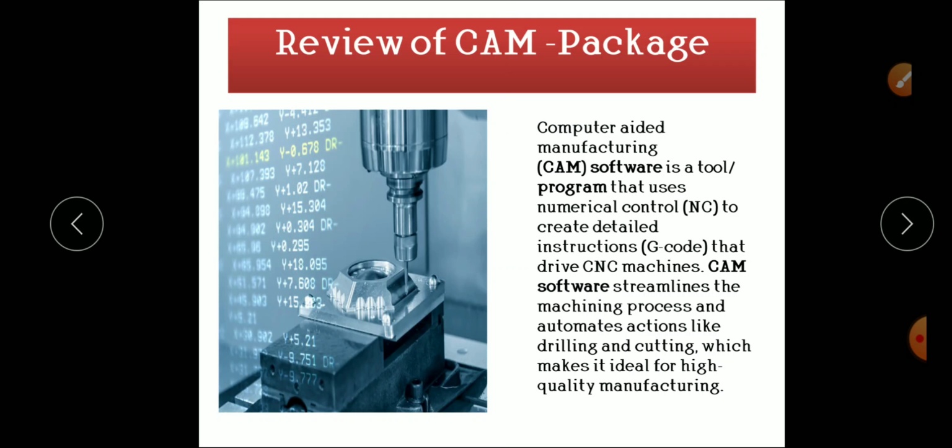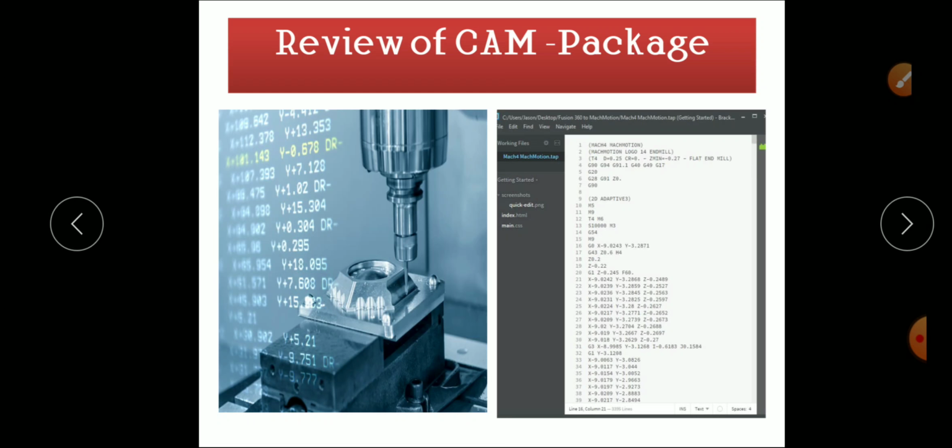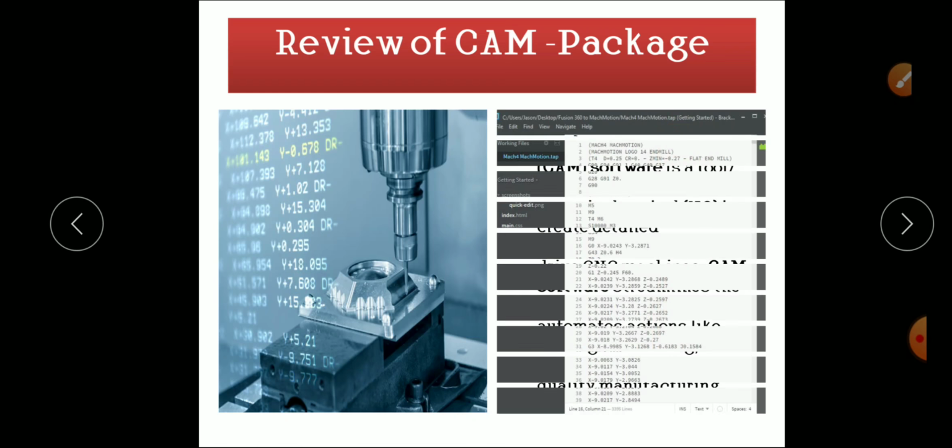So by using the prototype or 3D model, we can generate the programming, and that can be run on the machine for the initial run, and we can review the CAM. So this is an example of one of the products. This shows the program generated for the prototype, and after successful completion of the program, we can use that for production.